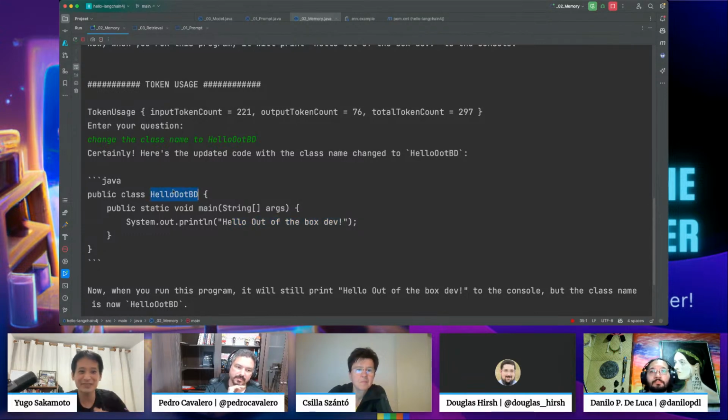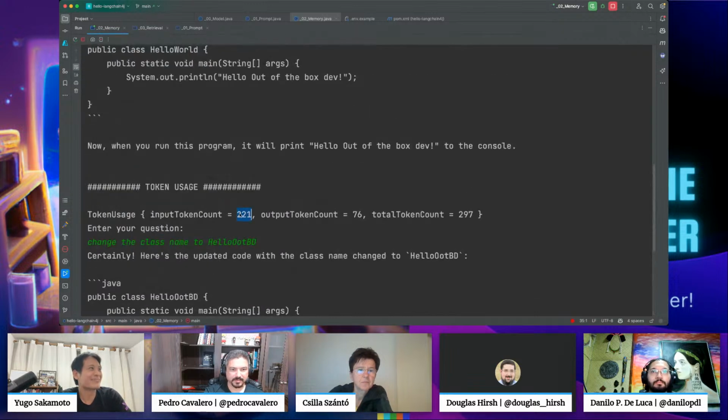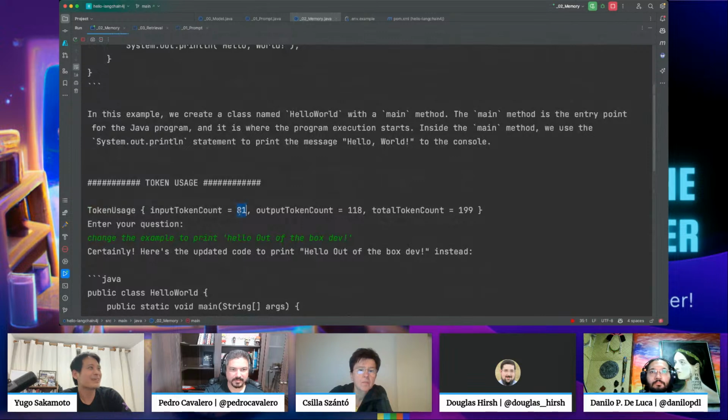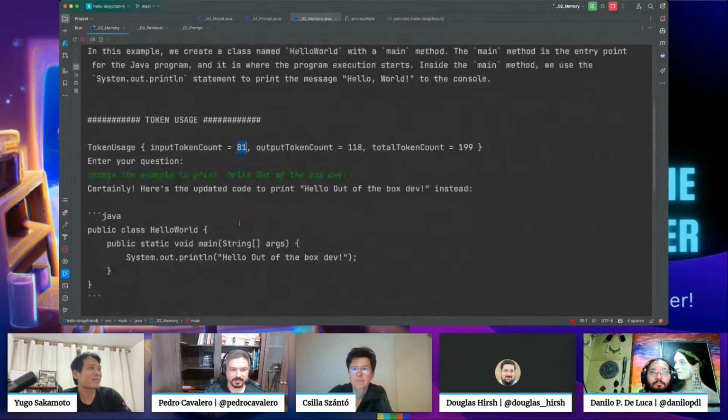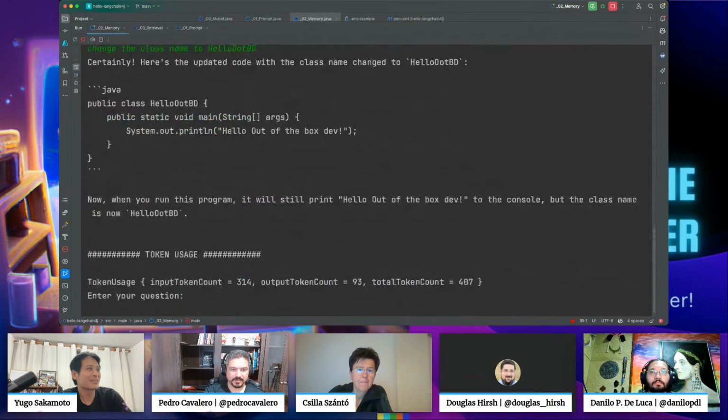So it keeps the context. You can see that it just remembers what I'm saying. But if you see the number of tokens that I'm sending, you can see that it's increasing a lot here, right? It started with 81 tokens and then became 221 tokens and then became 314 tokens. So it is starting to send more and more text for the input,